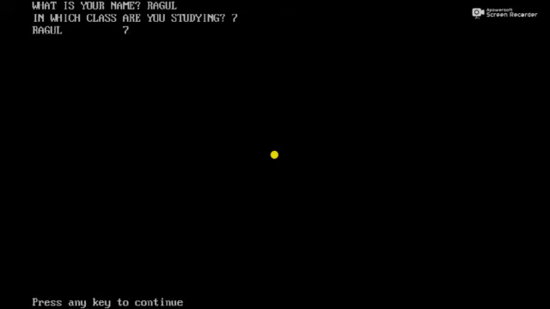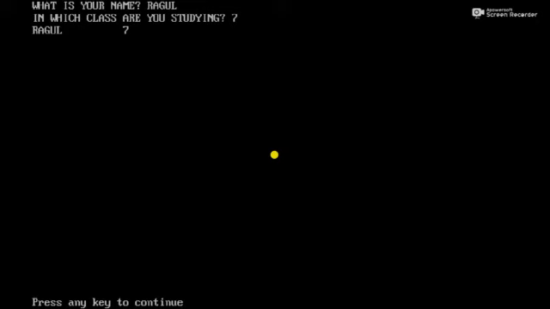Is it clear, student? So I used only a comma in the print statement, so a tab space appears between these two. Is it clear? Okay. Suppose here, notice here, what is your name? After that a question mark and a space appear. In which class are you studying? Then a question mark and space appear on the output screen.